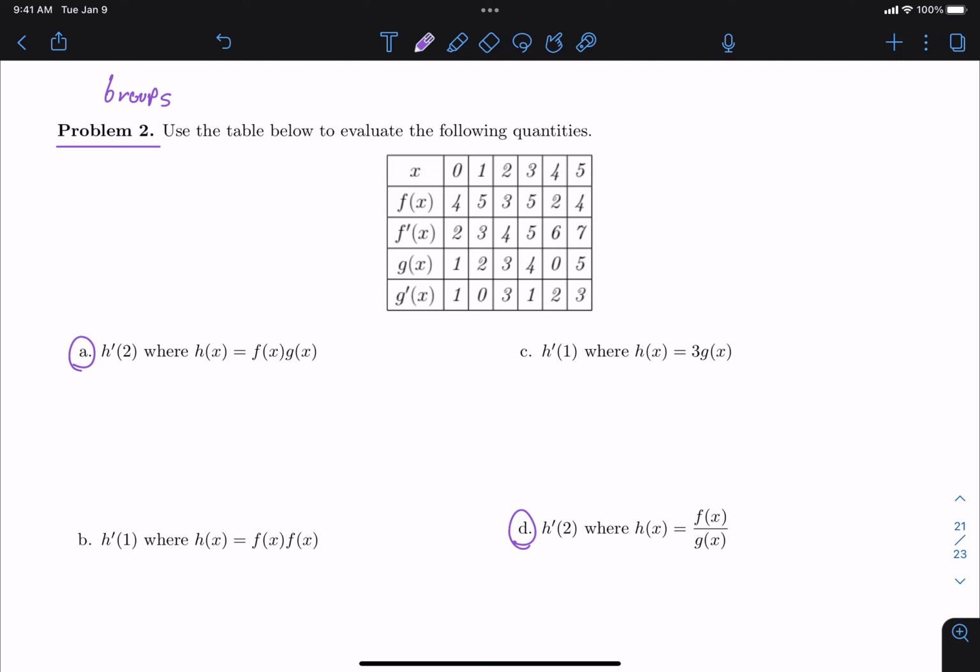Okay, so this 4 is coming from f prime of 2, and this 3 is coming from g. And then we have